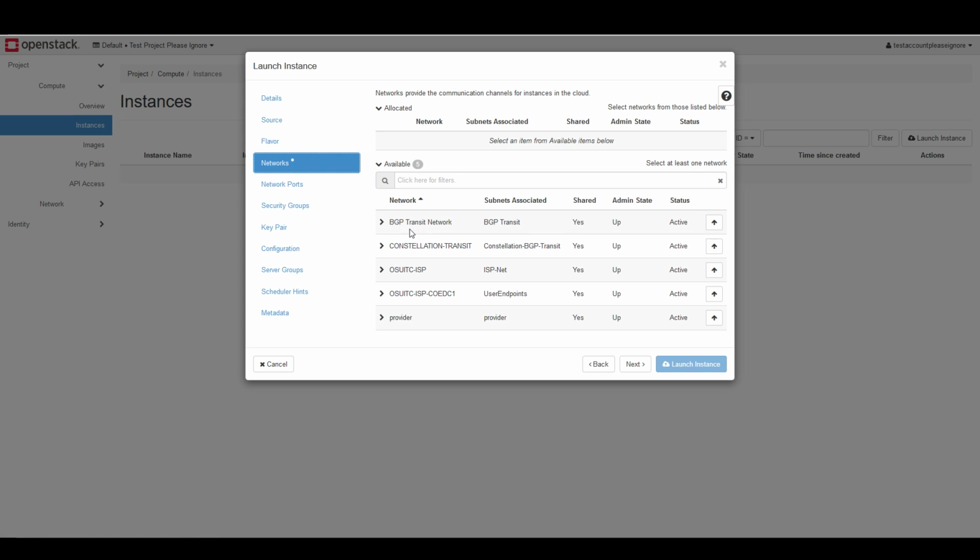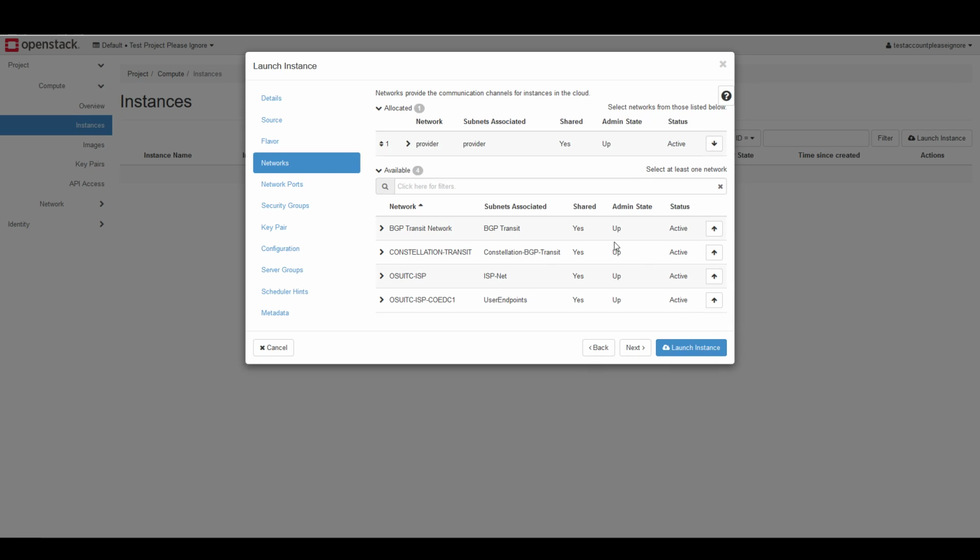You don't need to worry about these top four. These are networks for a project that we have coming up, and none of them are really working right now, unfortunately, and we're still working on that. So the one you're probably going to care about is Provider. Provider is the one that will actually give you internet access. So if you want to do things like download updates, if you want to ping Google for whatever reason,